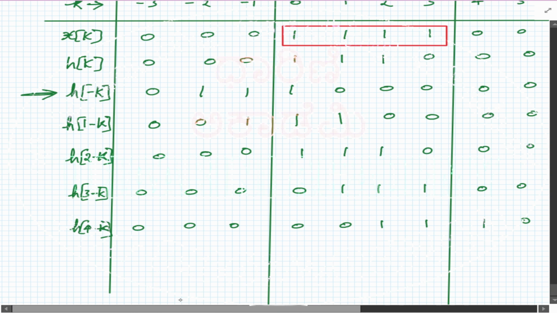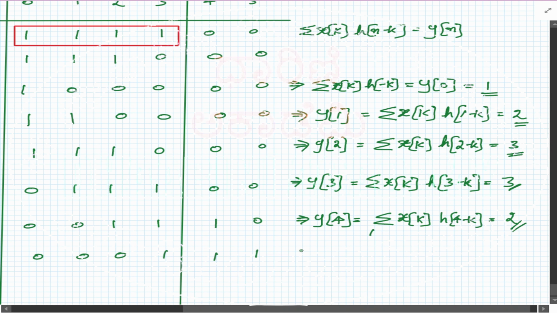All right, then h of 5 minus k, so 0 0 0. Now 3 zeros are inside, 1 1 1 over here. So this